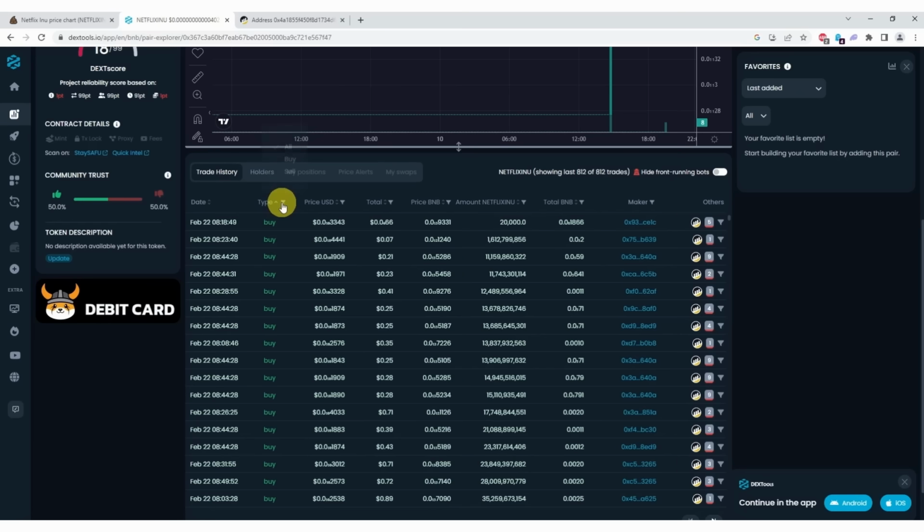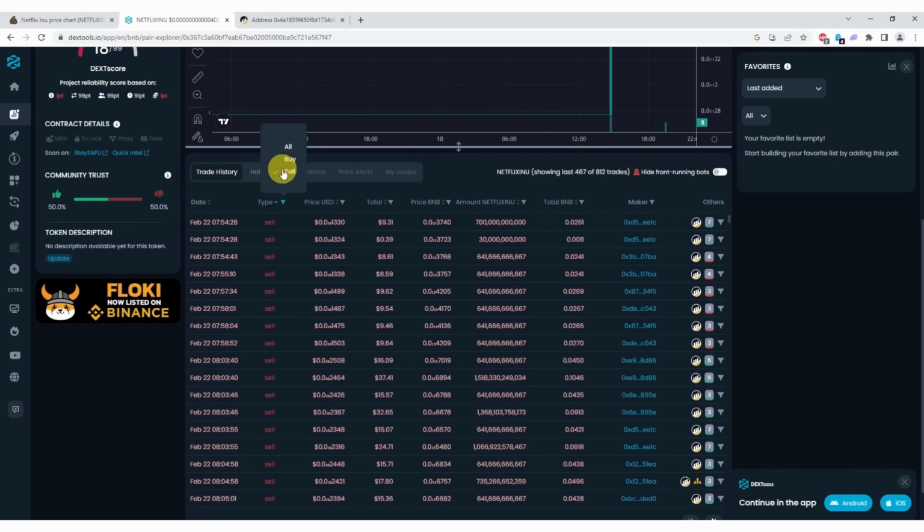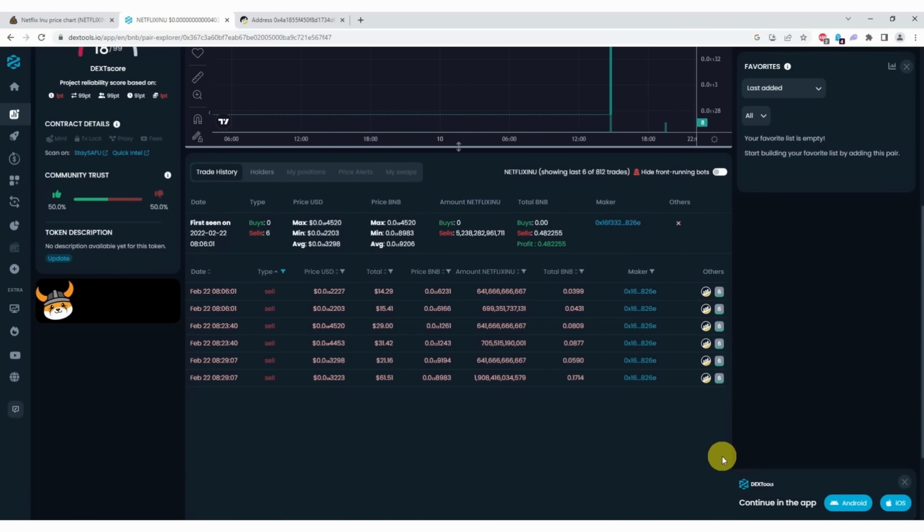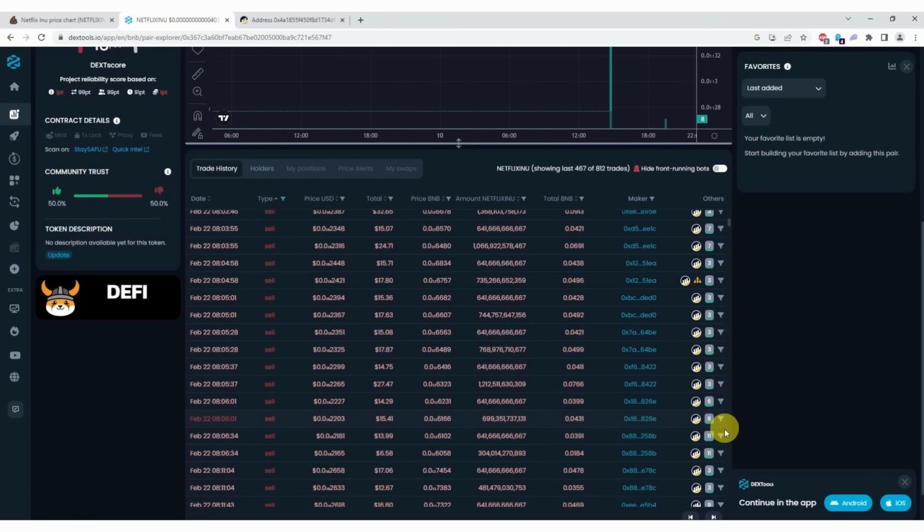Now, let's look for some prolific traders. We will look for traders who have placed over 5 trades as an example. As you can see, this one has sold significantly more than bought, so they are effectively dumping these on the market. So that's definitely a red flag, not just for honeypots, but for potential scams in general.